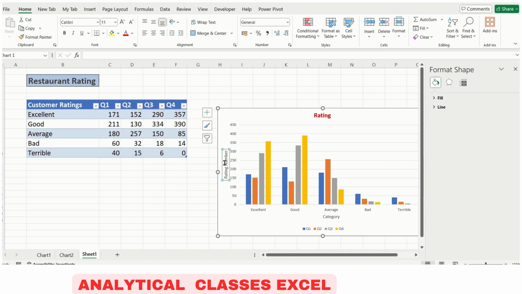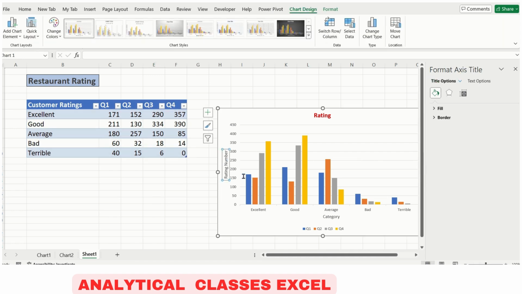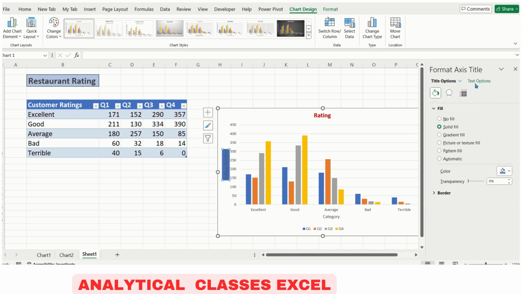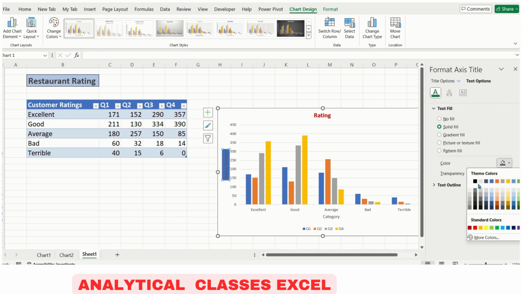And as you go to this, since you are doing some formatting, Excel understood that if you want to change, you can do that as well. If you want, you can fill it with some colors. Let's say I want to fill it with blue color, and I want the text to be in white color. Going to the text option, you can choose the white color. Now it is more visible. You can do that here as well.